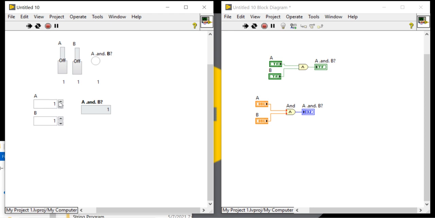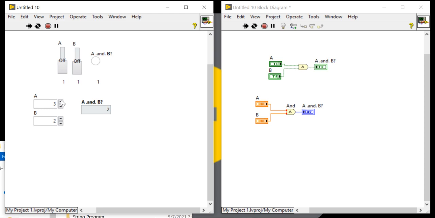The output of 2 and 1 will be 0. Output of 2 and 1 will always be 0. Output of 2 and 2 will be 2.